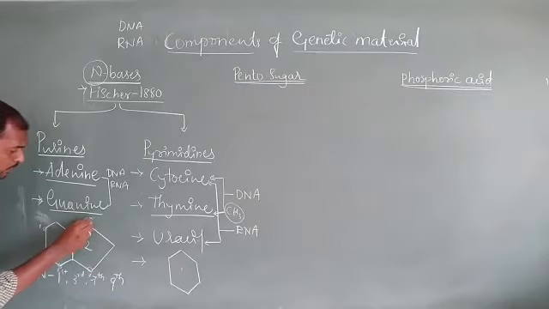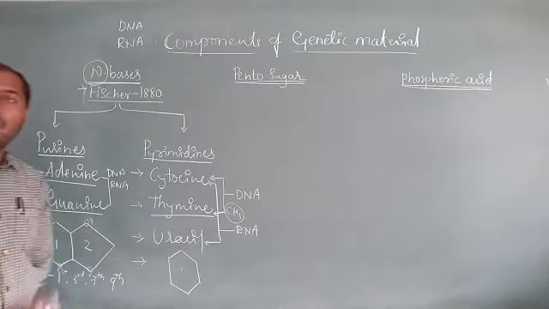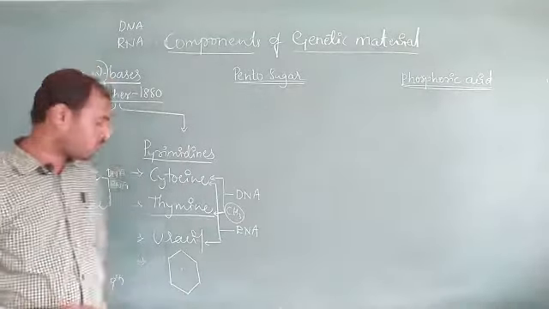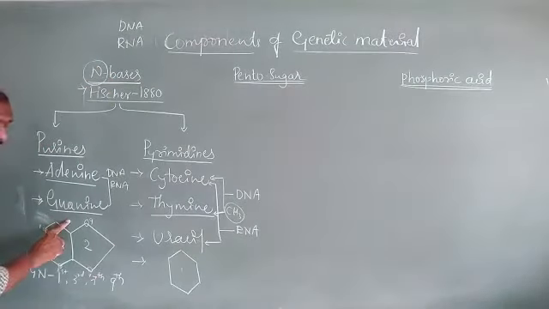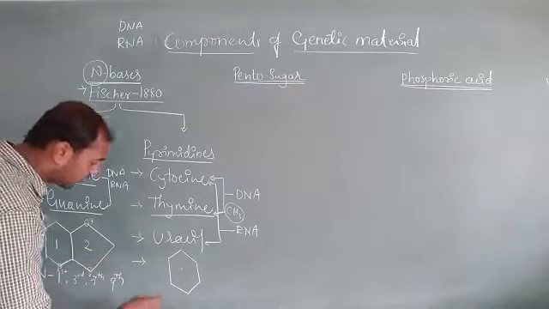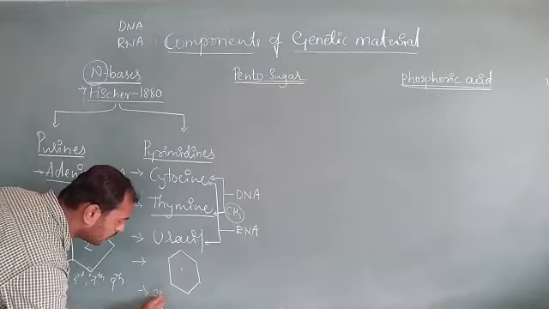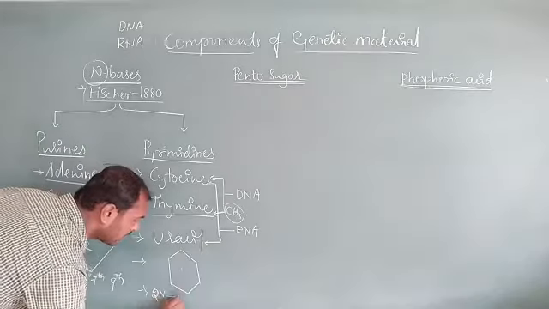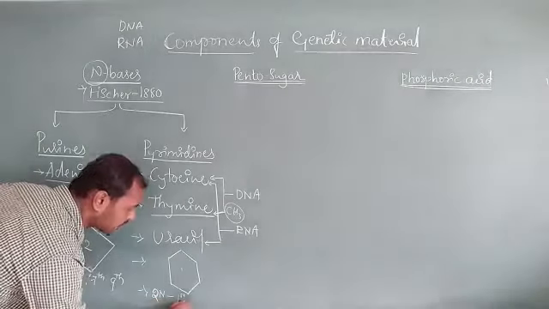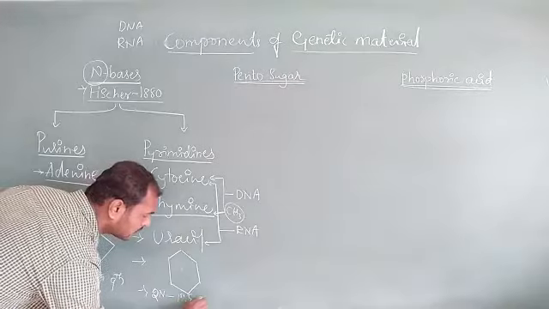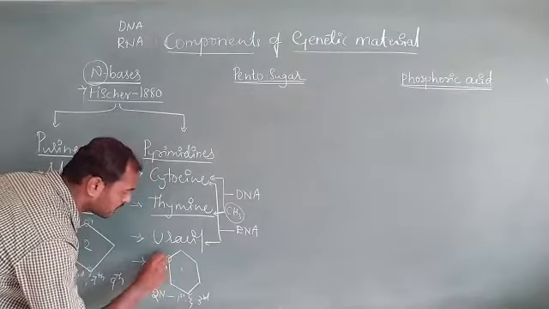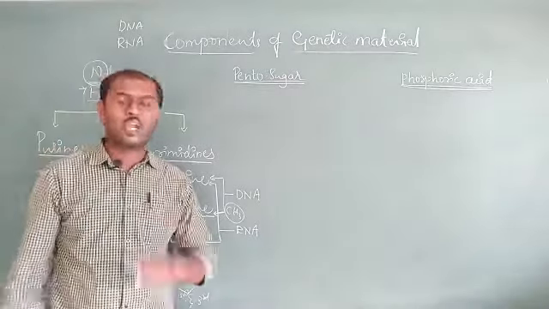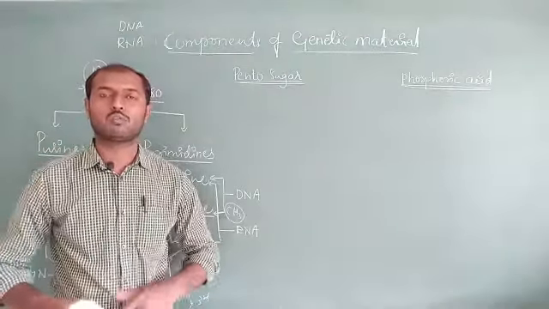Okay, so we are going to get 4 nitrogens in case of purines. In case of pyrimidines we are going to get only 2 nitrogens, that is in first position and third position. This one is position 1, this one is position 3. So we are going to get only 2 nitrogens. That is a major difference that we can see in case of purines as well as pyrimidines.